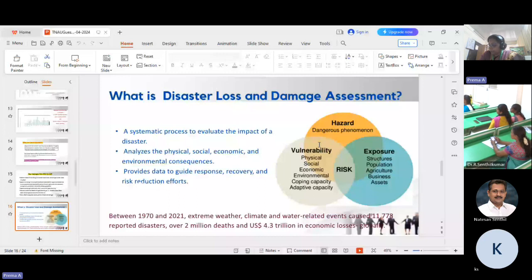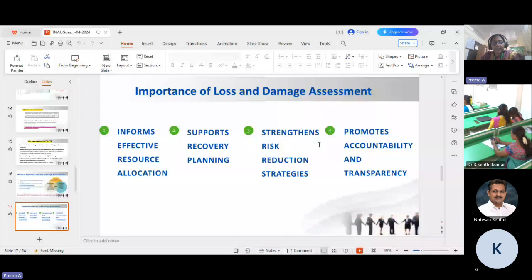Whereas the term losses and damage refers to the harm from observed impacts and projected risk, and can be economic or non-economic. So in our analysis in agriculture, it is more appropriate to use the term losses and damages. The loss and damage assessment, or losses and damage assessment, will help us get better information about effective resource allocation. It supports recovery and planning, and it also strengthens risk reduction strategies, and promotes